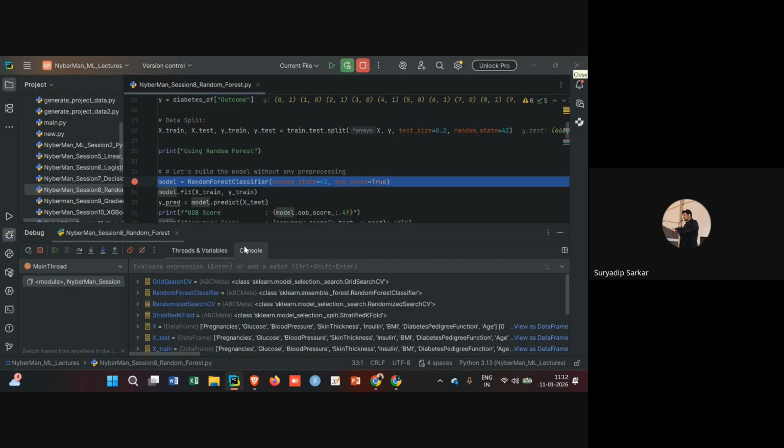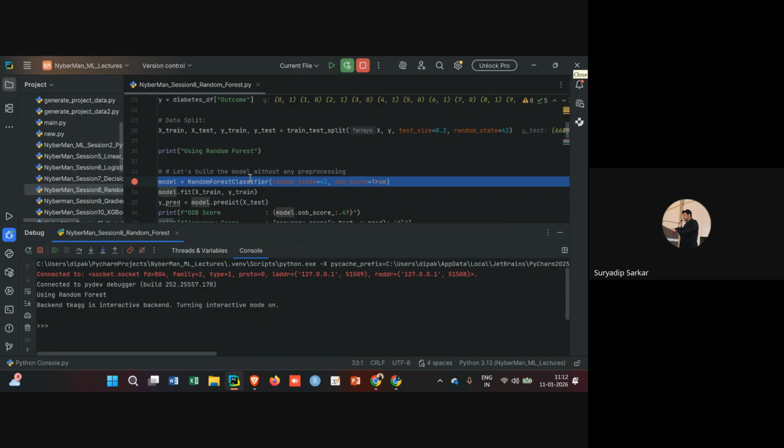Okay, so once it has run till here, you can see this is going to be another new line for us. So this is where I define the model object. So we are going to be using the random forest classifier function, obviously. I have set a random state here for reproducibility and I am using another parameter here which is OOB score, or the out of bag score, and I have set it to true, which basically means use the out of bag score to judge and decide which particular random forest or which particular hyperparameter works the best for you